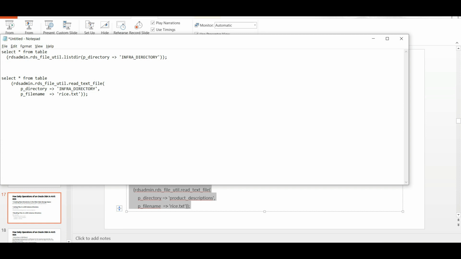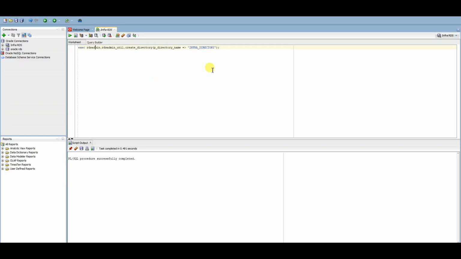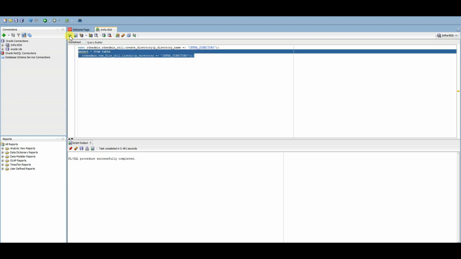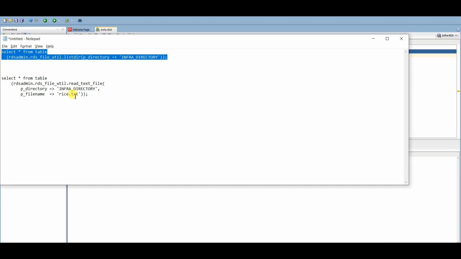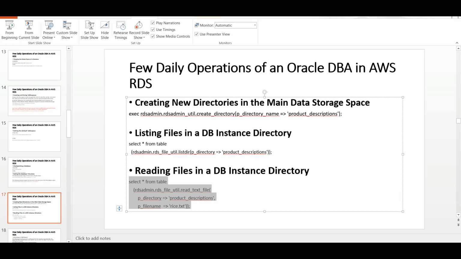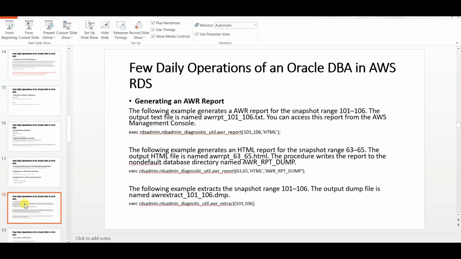You can check the files in here. If you provide this command, let me see whether you can see any files or not. Currently there's no file in here, and since there are no files, you cannot read the files also from here. We will check it later in the later course of time.